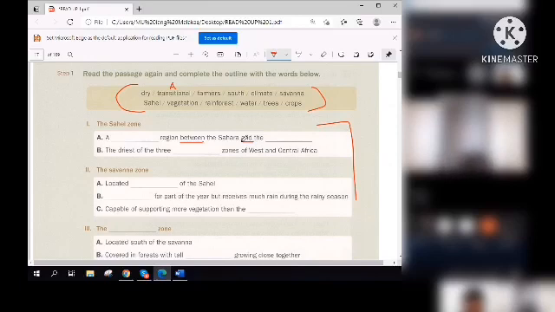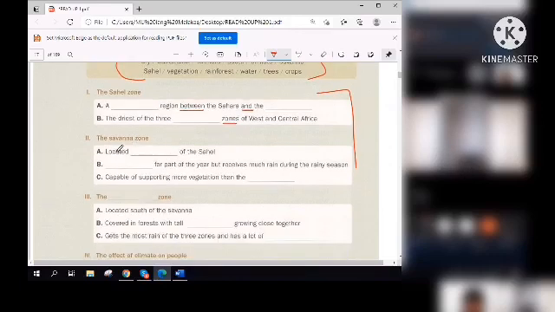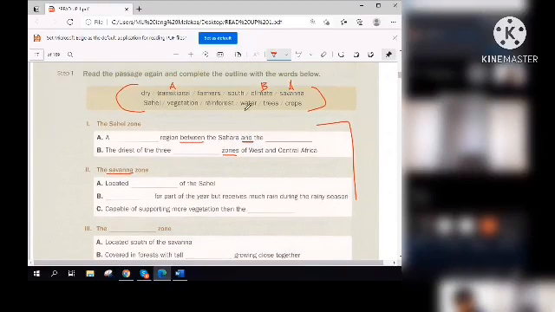Savanna. Very good. Number 2, the driest of the 3 blank zones. Climate. Good. The savanna zone, located blank of the Sahel. South. Very good.